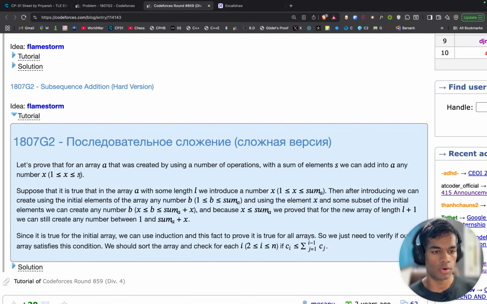Okay, they want to prove this thing, right? Let's prove that for an array this is true. Suppose that it is true that in array A with some length L, we introduce a number x, right? This is totally valid. We can introduce a number x, but we are not saying that we can introduce every number that is between